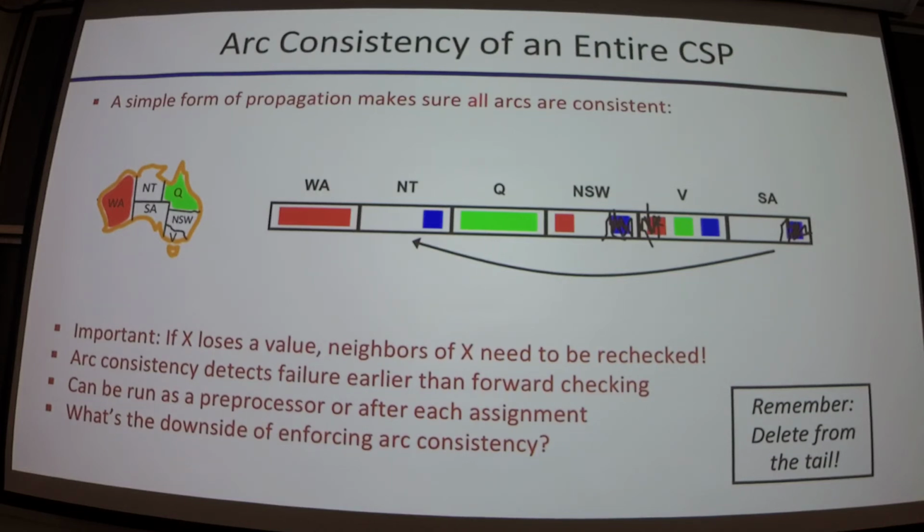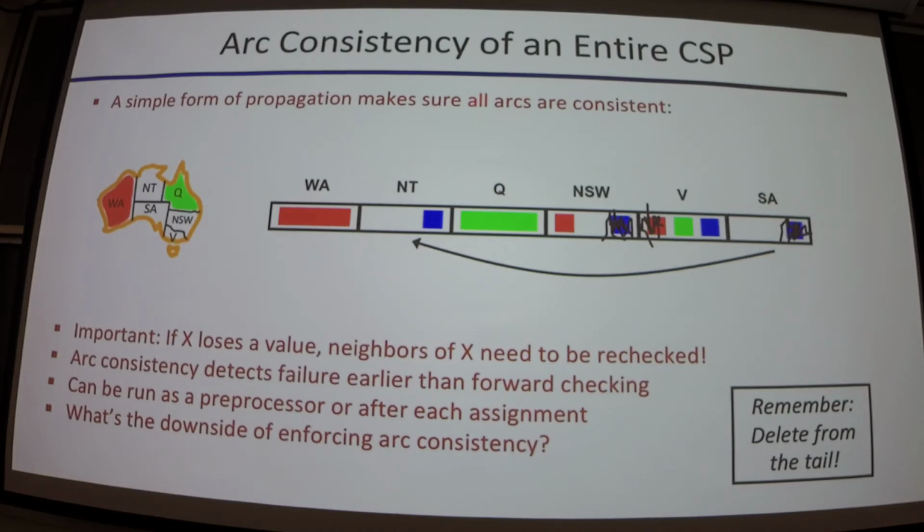When you start looking at rechecking things that you've already done, redoing work, is this going to converge? Is it ever going to stop? It will, under reasonable assumptions, like finite domains and things like this. But yes. Yeah, it just seems like arc consistency could also almost be turned into its own search problem. Yes. Yeah, that's a great point. So we saw this in A-star, right? How expensive is the thing you're using to make your search faster compared with how fast is your search if you didn't use it, right? It's an important balance to play.